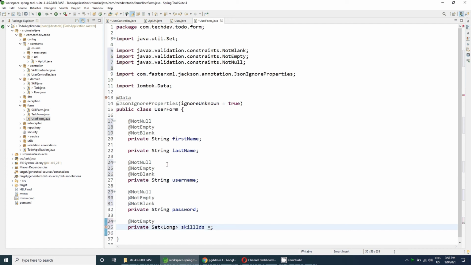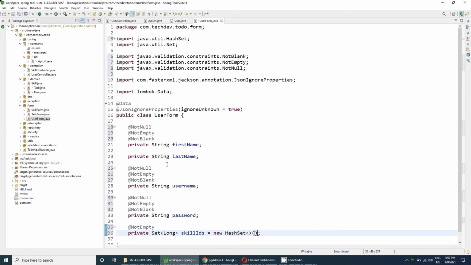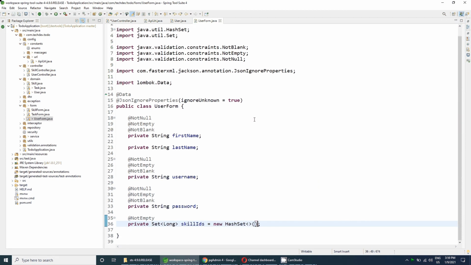Whenever you take any collection, I suggest that you always create an empty collection instead of handling null. So let's create a new hash set here so that no null handling is needed. We have created an empty set, and we are saying that it should not be empty if the user is passing it. The not null, not empty, not blank annotations are basic annotations we have already used here.